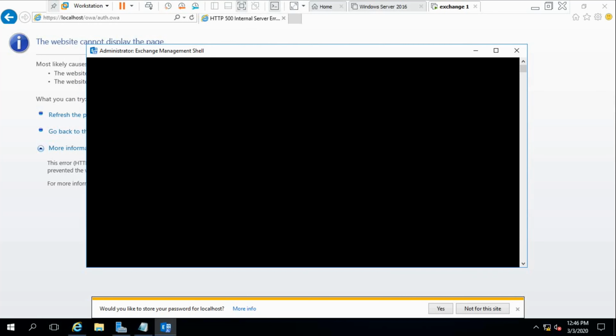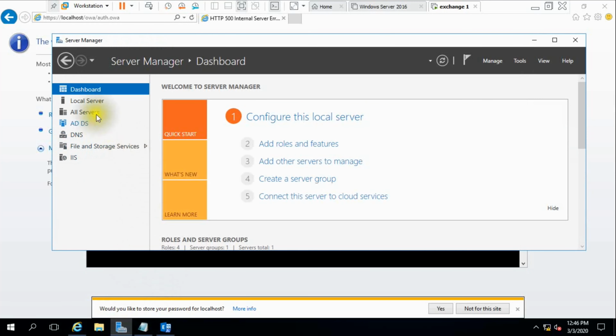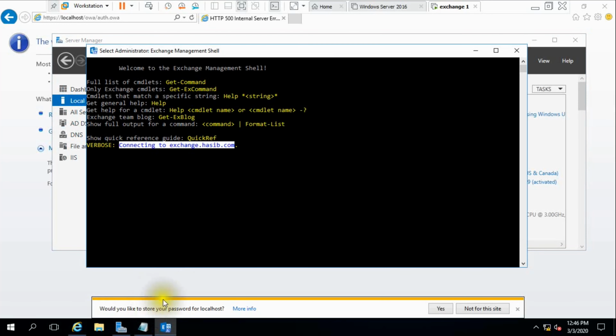It's taking some time. It is connecting to exchange.hasib.com. My server is hasib.com. This is our domain. Let's wait some time to connect to exchange.hasib.com.